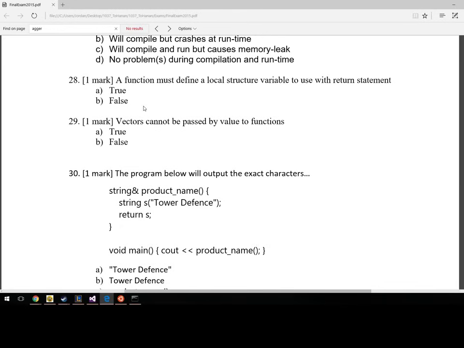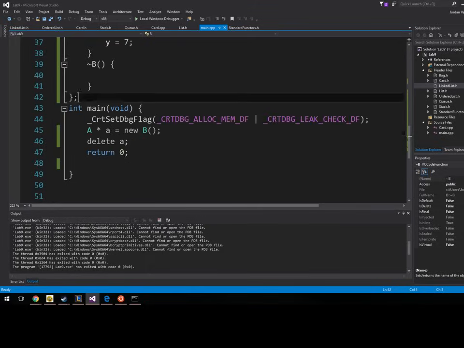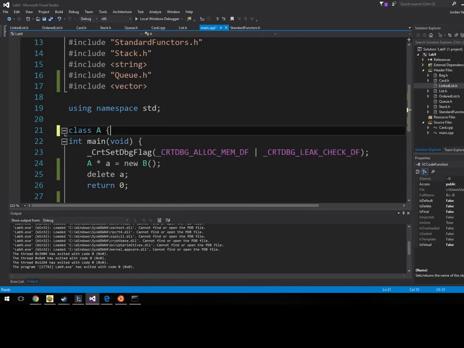On to more questions that I think the answer is wrong. A function must define a local structure variable to use with the return statement. If that was true,